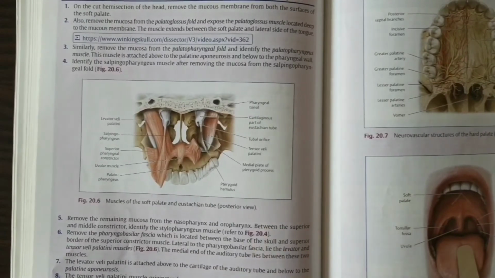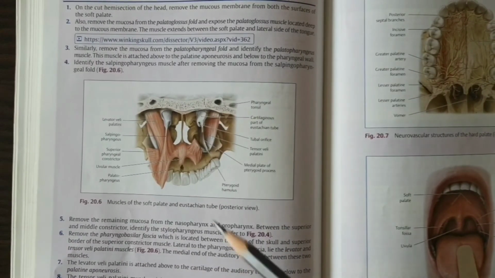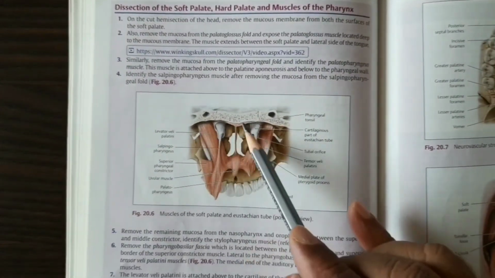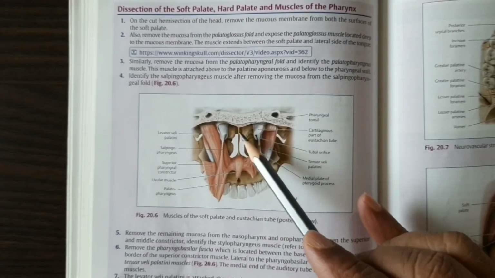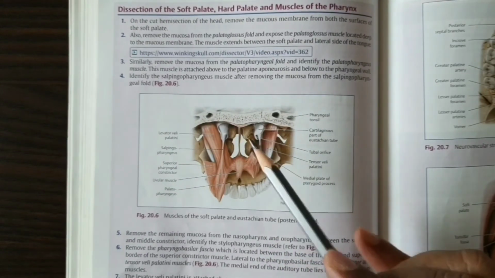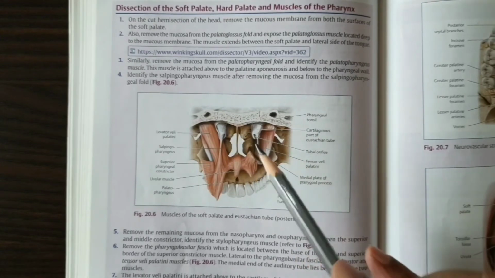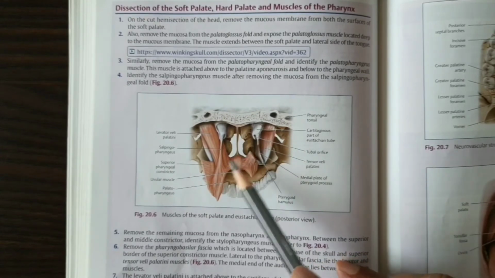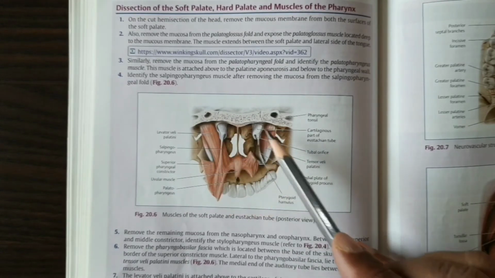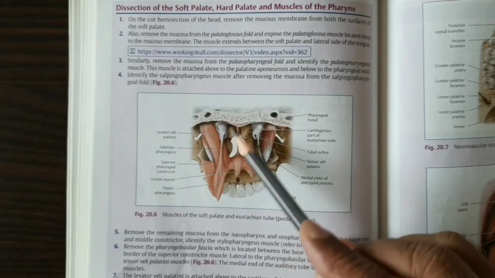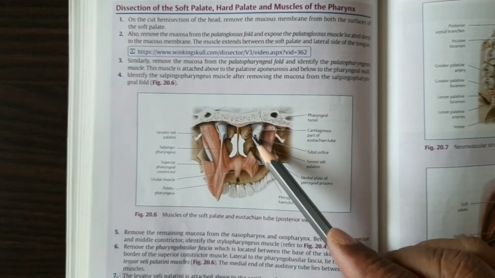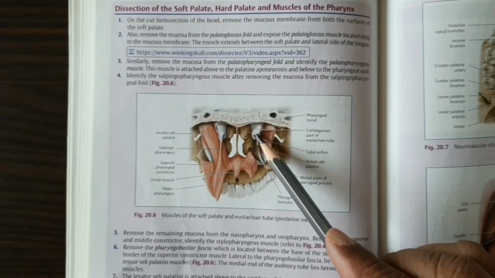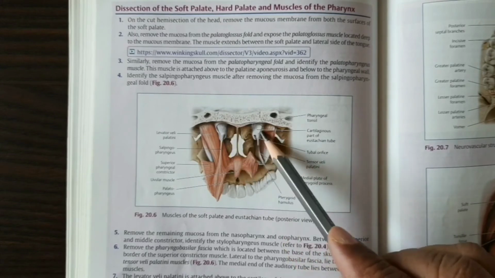The other two longitudinal muscles of the pharynx I will show you with this diagram. Let us see this diagram first. This is the basisphenoid bone. This is the median septum of the nose. These are the nasal openings as seen from the nasopharynx. We are looking anteriorly, sitting in the nasopharynx. This is a dissected specimen where the mucous membrane has been removed, and thus it is showing the anterior end of the auditory tube, the opening of the auditory tube in the nasopharynx.